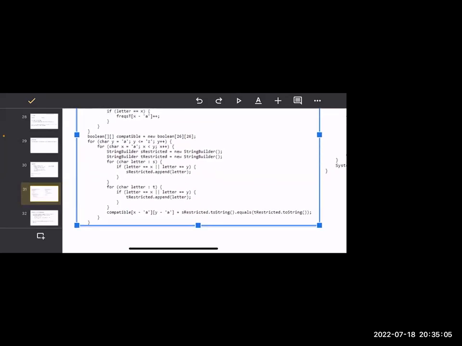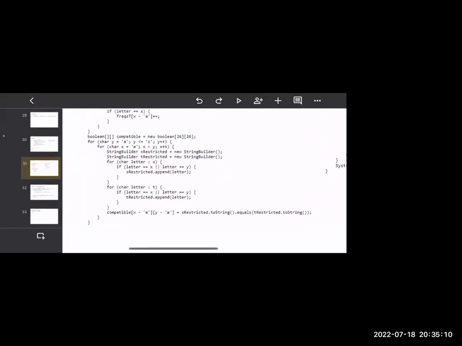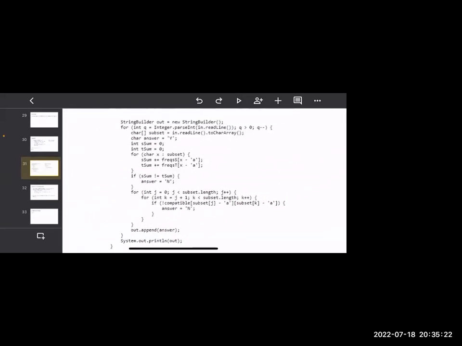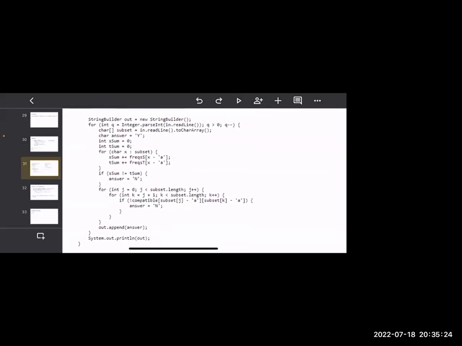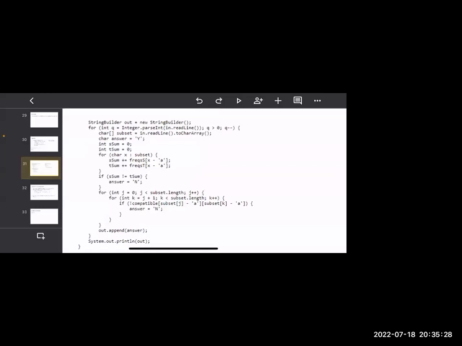and then we construct the string builder for letters S and T, and basically build S and T from only these two letters, and then we just see if they're equal to each other. If they are, it's a 1. If they aren't, it's a 0. So that's a pre-computation, and then we go to the queries, where for each query,